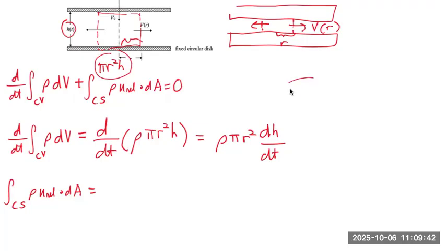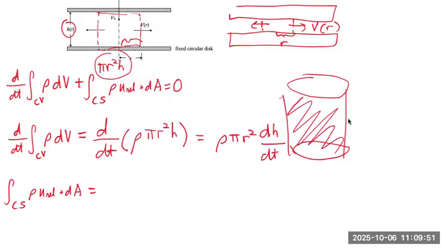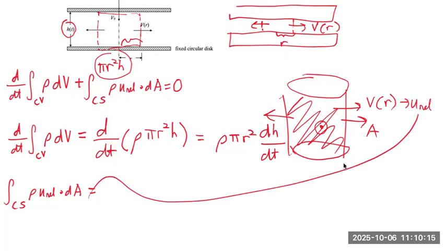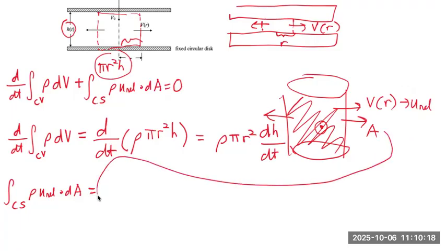Yes, because we have a cylinder, and on a cylinder, the surface area of the cylinder is this portion over here. And this is an area that is oriented with vector pointing outwards, directly outwards. So over here is pointing outwards, over here is pointing outwards. And the outflow velocity vector, which is VR, is pointing exactly in the same direction as the area. So consequently, VR constitutes the U relative we see over here, and A constitutes the dA that we see over here. So U relative dot dA